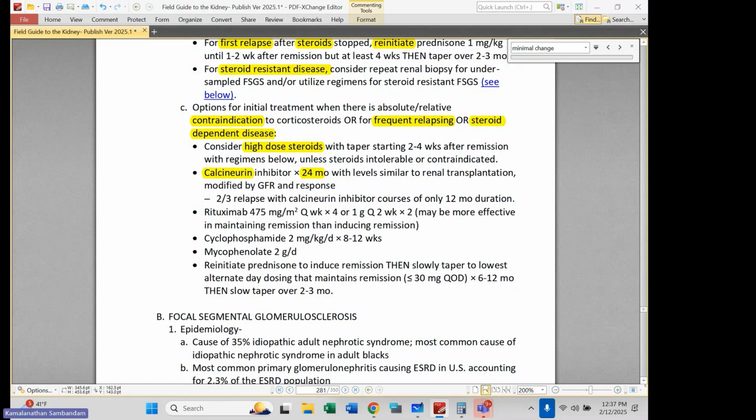Well, there's small randomized controlled trials on the use of calcineurin inhibitors in membranous nephropathy, and they show a high relapse rate. Okay, this is membranous nephropathy, a high relapse rate. If you treat for 6 months, you will have a relapse rate of 50% if you peel it off after just 6 months of therapy. Okay,